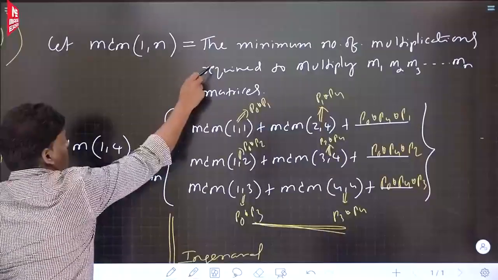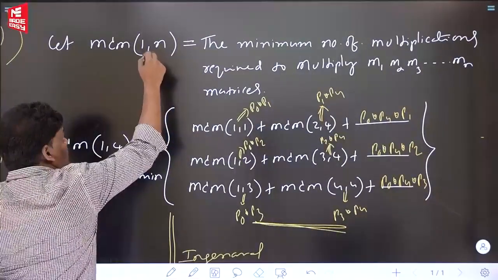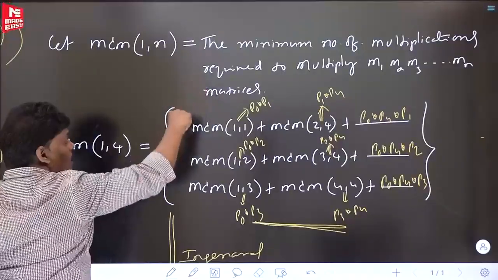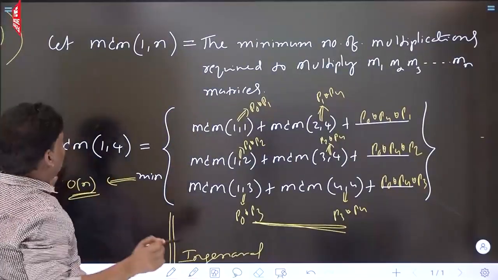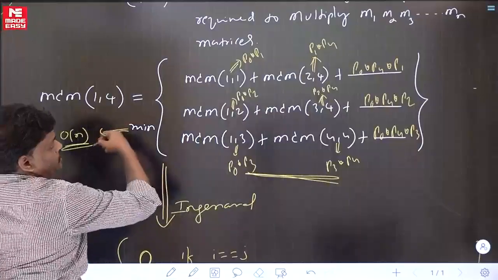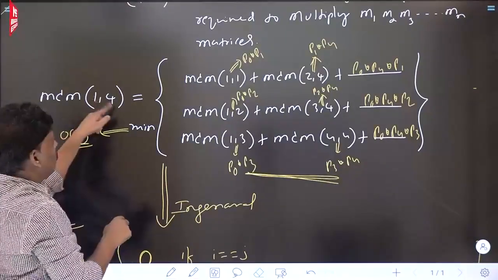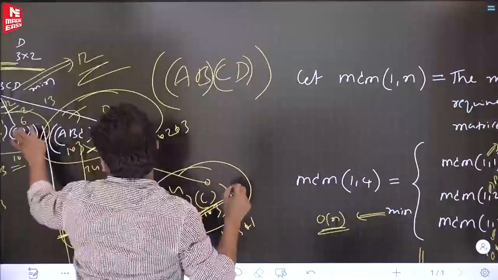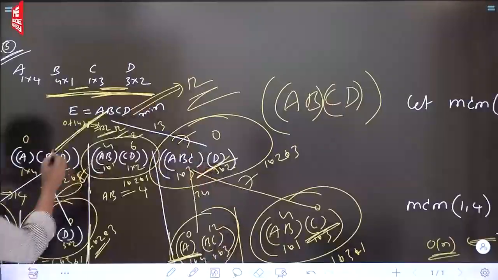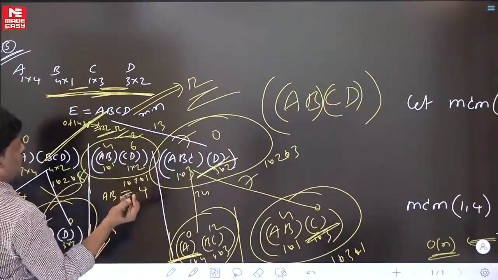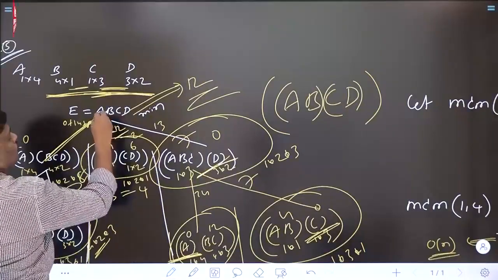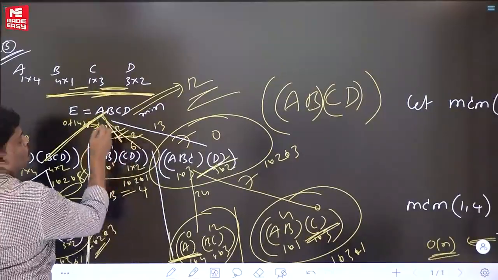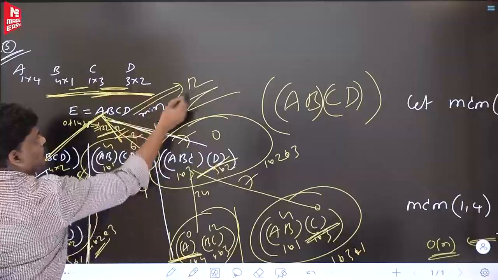This purpose. See this one. For this purpose I am writing the recurrence relation. If I wrote it directly, you may have confusion, so I wrote the example first. See, like this. Finally it is giving the minimum number of multiplications. What is the answer for this one? If you want the answer, please say. Can you say what the first answer given is? K value 1, 22. K value 2, 12 came. K value 3, 13 came. What is the answer? 12.